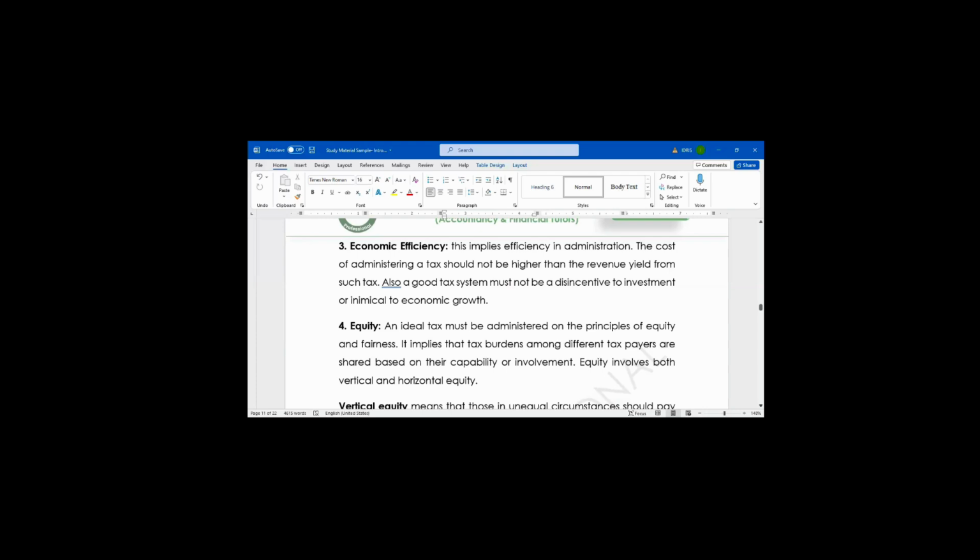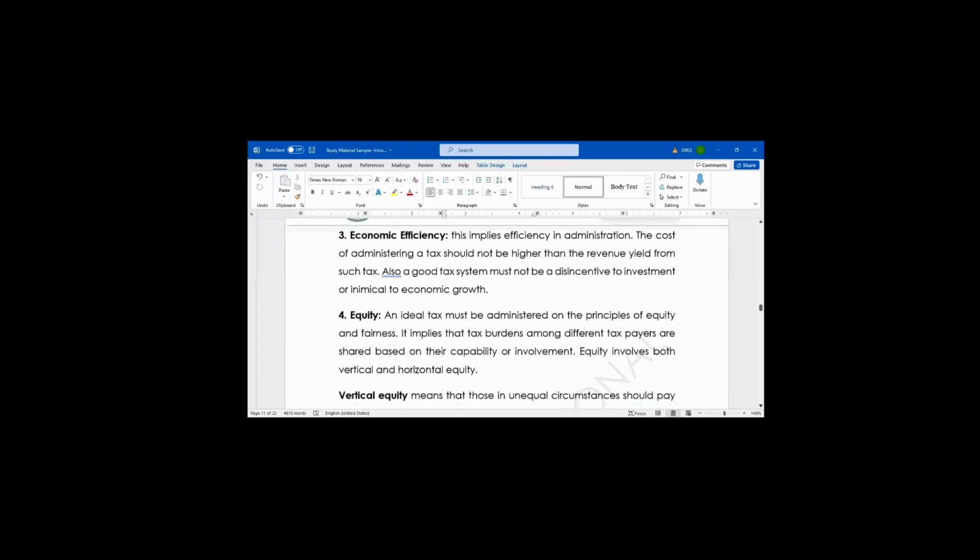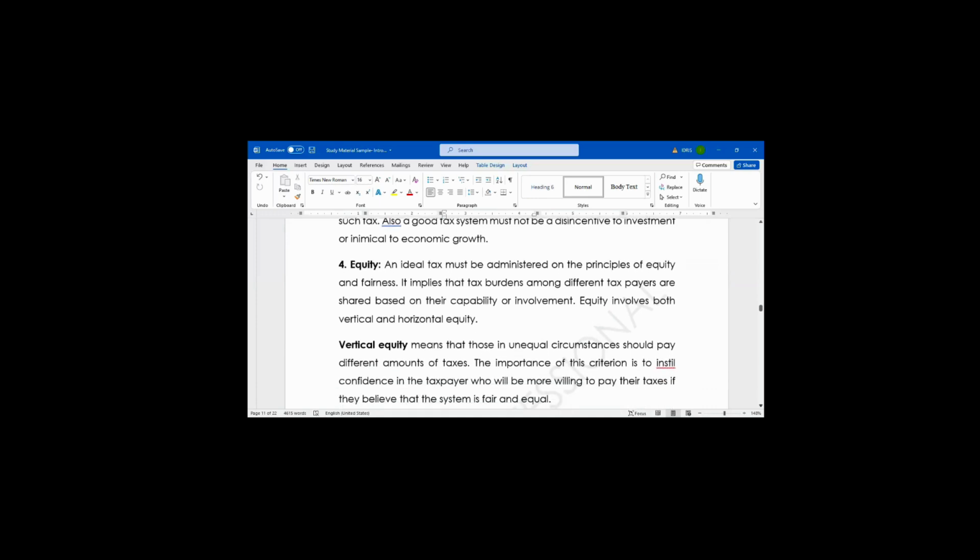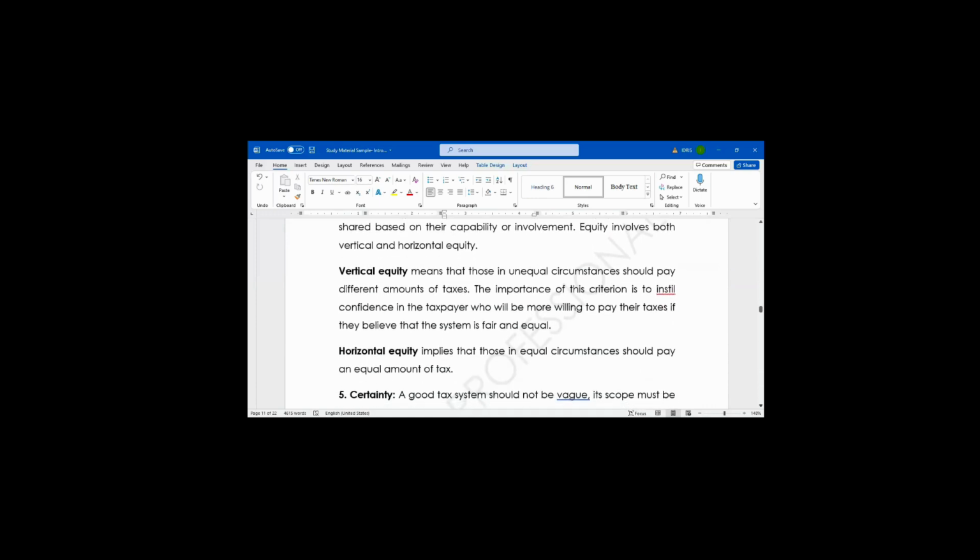You should not say because this one is coming from the north, you should pay lower tax than the south. You should not say because this one is a Muslim, you should pay lower tax than Christian. No. There should not be bias in tax collection. Every taxpayer should be treated in a fair and reasonable manner. Do we understand? Yes, sir.